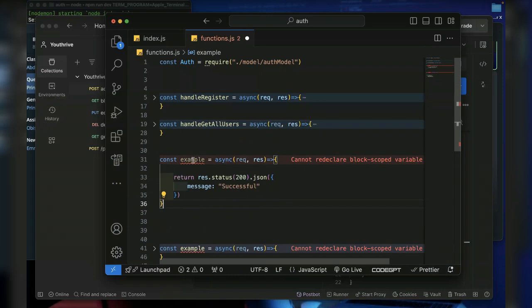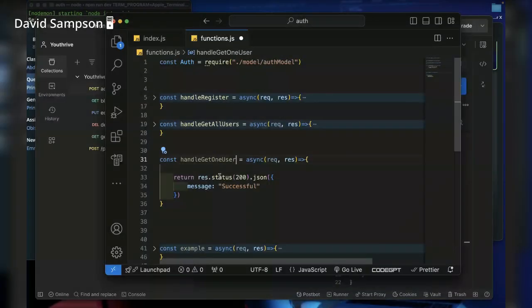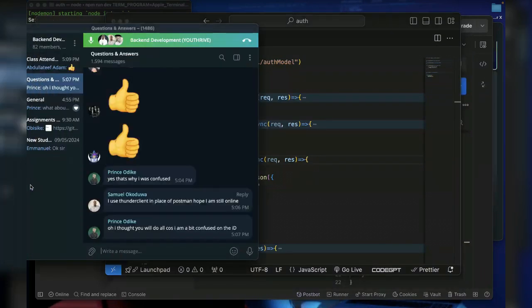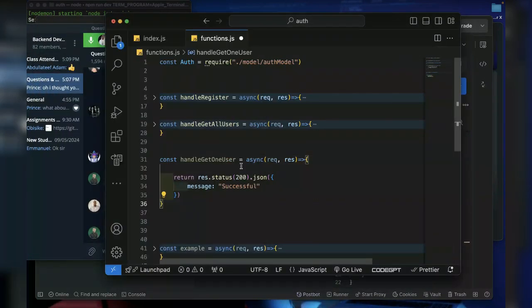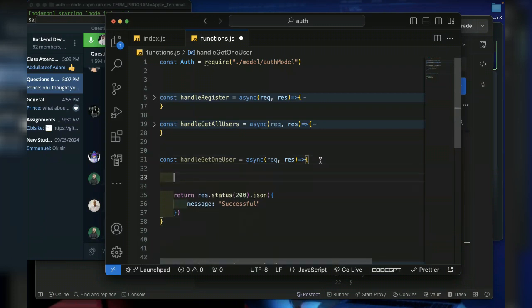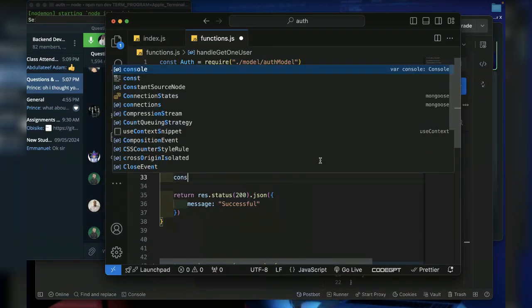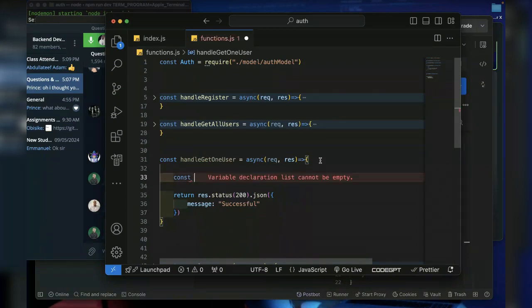Yeah, so I'll change the name to handleGetOneUser, like that. Sorry, okay. Handle get one user. Now, to get one user, you need to know the ID of that user. So you should be asking for the ID to be sent, and the ID should be sent in the request